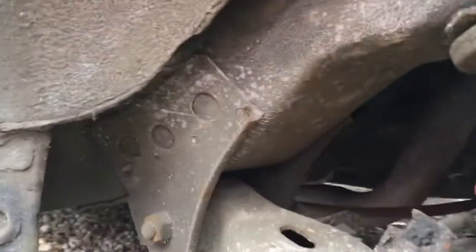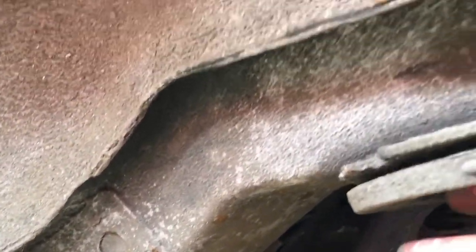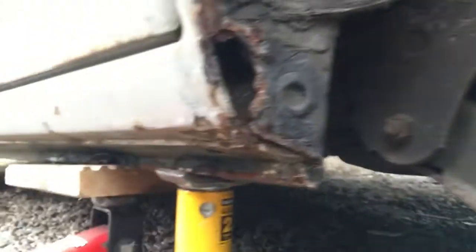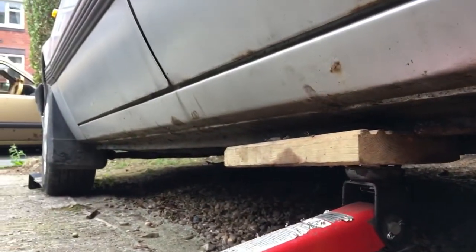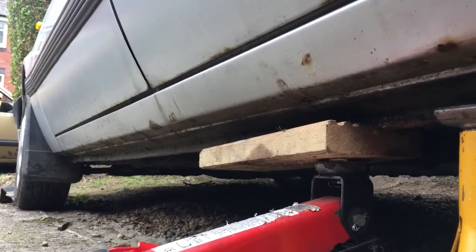One great thing with this car is that the chassis rails are really, really nice, almost as good as new. Really, really clean. These inner bits often rot on these as well, and they're absolutely mint on this. The sills look a bit scabby, but they're as solid as a rock. I am going to be wire brushing them down to get rid of all that crap, and then I'll be